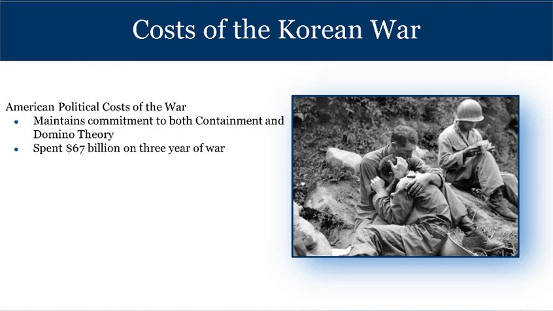One of the most important things is that for a lot of people, the Korean War was proof that both containment and the domino theory were valid. We are able to contain communism in North Korea, and therefore the dominoes didn't fall. So if we can do it in North Korea, the logic is going to state that we can do it in Vietnam. We can do it in Cambodia. So that's a really dangerous precedent that we're setting up.